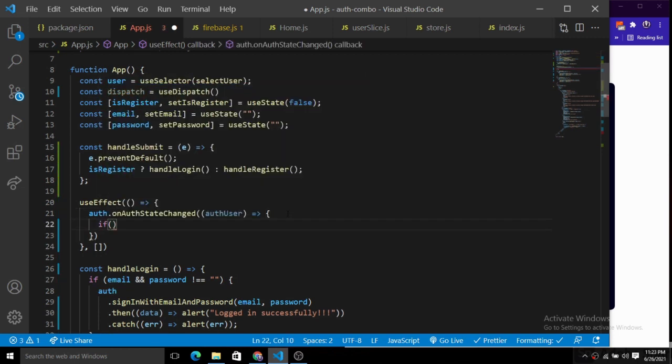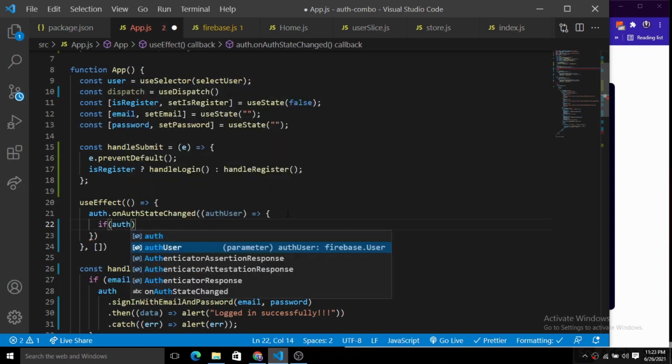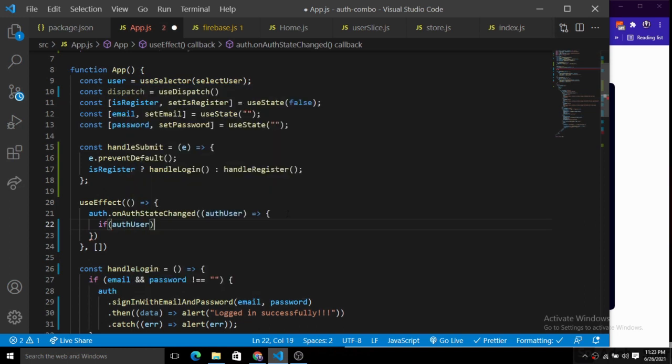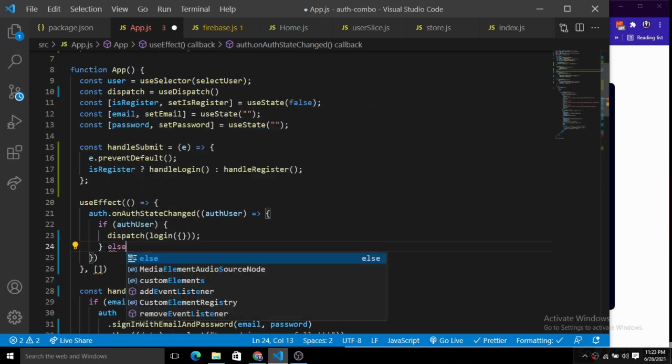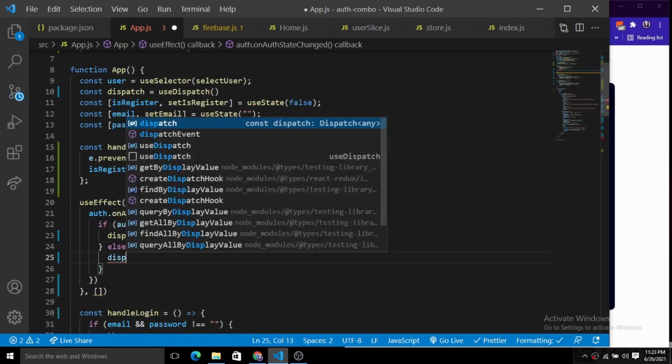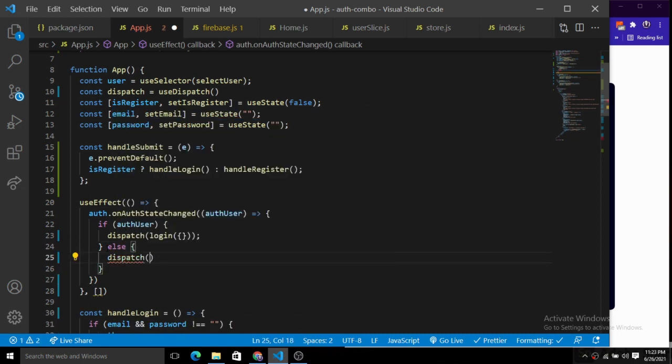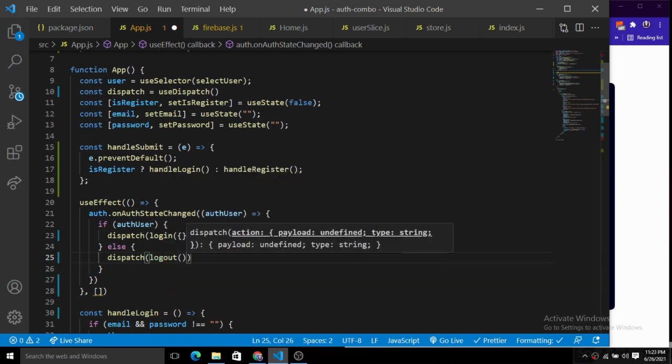If we have an auth user, then we use this dispatch function and dispatch the login state. Else, dispatch the logout state, the logout reducer that we already created in the user slice.